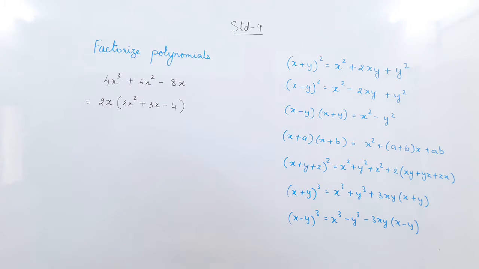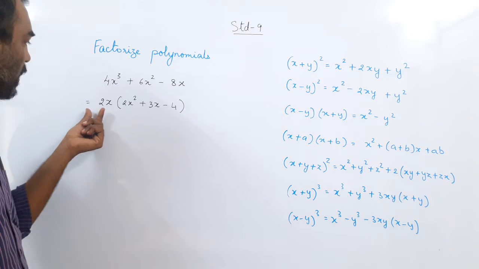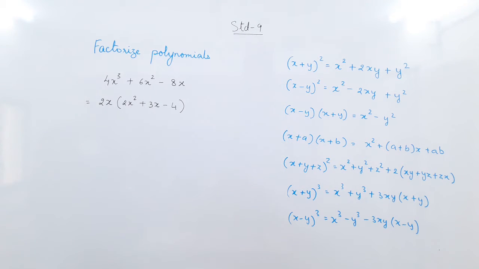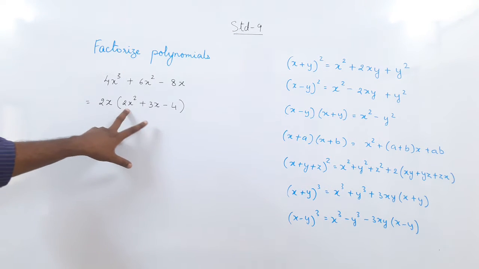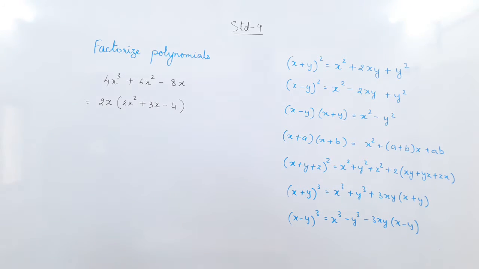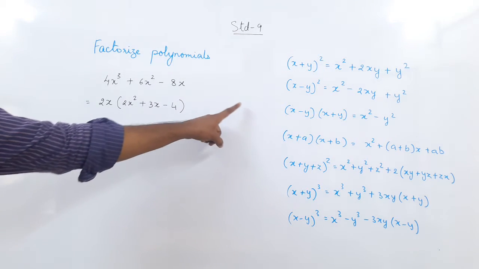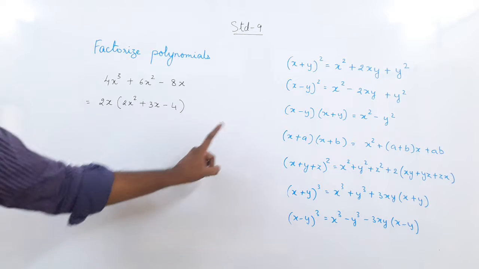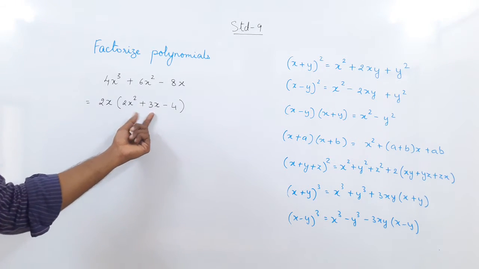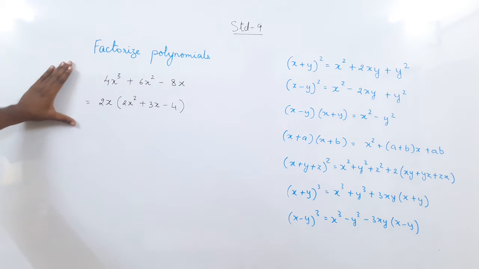So once you take out the things common, we are left with the factor 2x and a quadratic polynomial. And what we do with the quadratic polynomial, remember, you check the a and the c. 2 fours are 8. Now any two factors of 8 whose sum gives us plus 3? So we have minus 1 into 8, 1 into minus 8, 2 into minus 4 and 4 into minus 2. But none of them gives us a sum of 3. So we will not factorize this further. For time being we will not factorize this further.